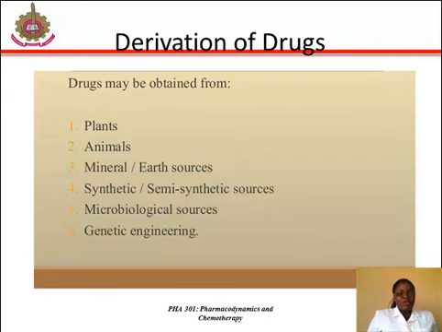It can be from plants, from animals, from mineral or earth sources, from synthetic and semi-synthetic sources, and we can have from microbiological sources and genetic engineering, which is also the recombinant DNA technology. Many inorganic materials such as metals are chemotherapeutic; hormones, alkaloids, vaccines, and antibiotics come from living organisms, and other drugs are synthetic or semi-synthetic. Synthetics are often more effective and less toxic than the naturally obtained substances and are easier to prepare in standardized units.